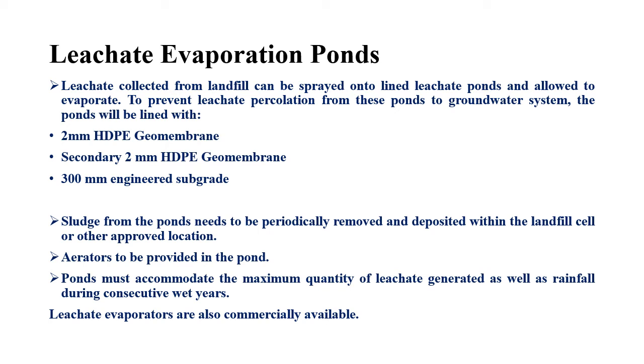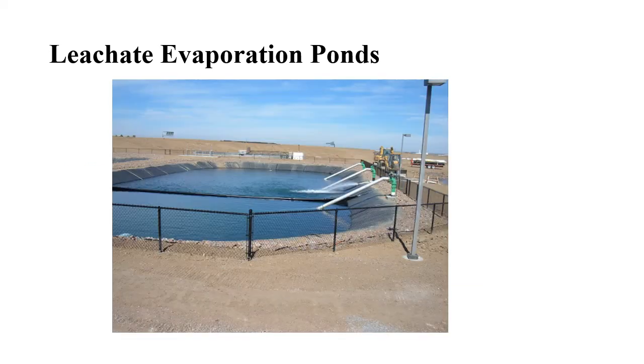Okay, and sometimes, if there is heavy monsoon season, the leachate which is collected into this evaporation pond will be recirculated back into the landfill. So you'll have to give a provision for recirculation as well. If there is heavy rainfall, there is no point in keeping it for evaporation. So then you will have to recirculate this leachate collected in the evaporation pond back into your landfill.